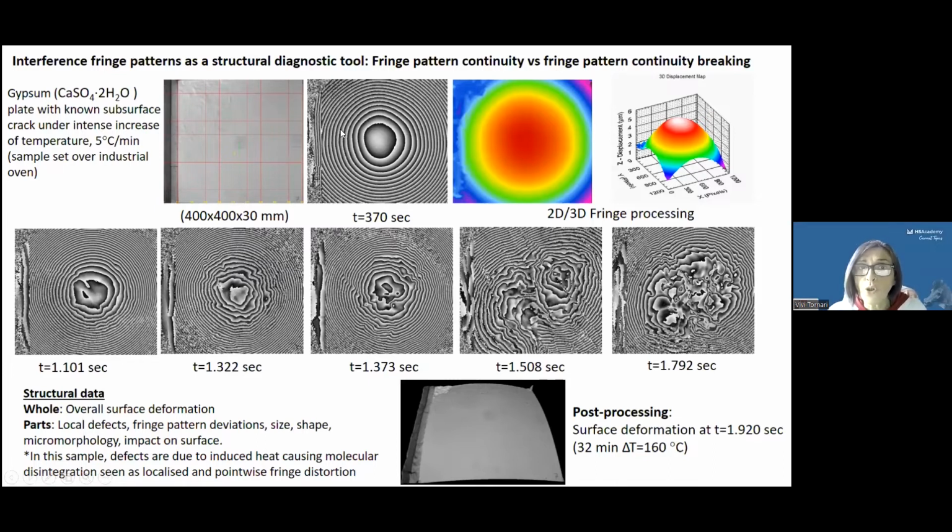This distribution of intensity translates to us the behavior of the structure as a whole, how the whole structure reacts to the increase of the temperature that we impose in this sample, details you can see in the slide. And as the time passes and we increase the temperature, we see this very nice uniform intensity distribution